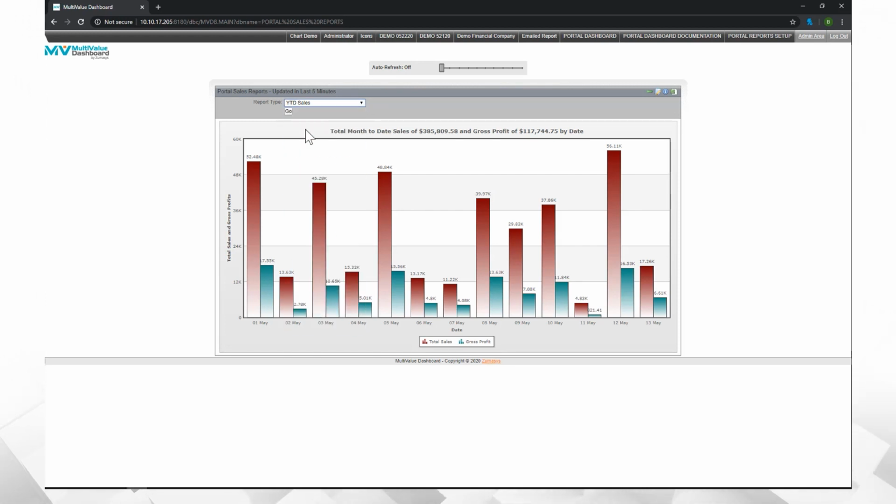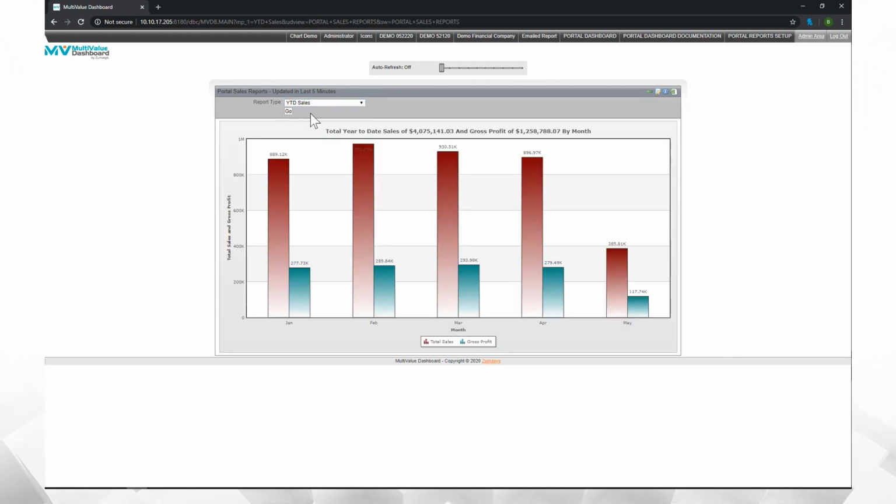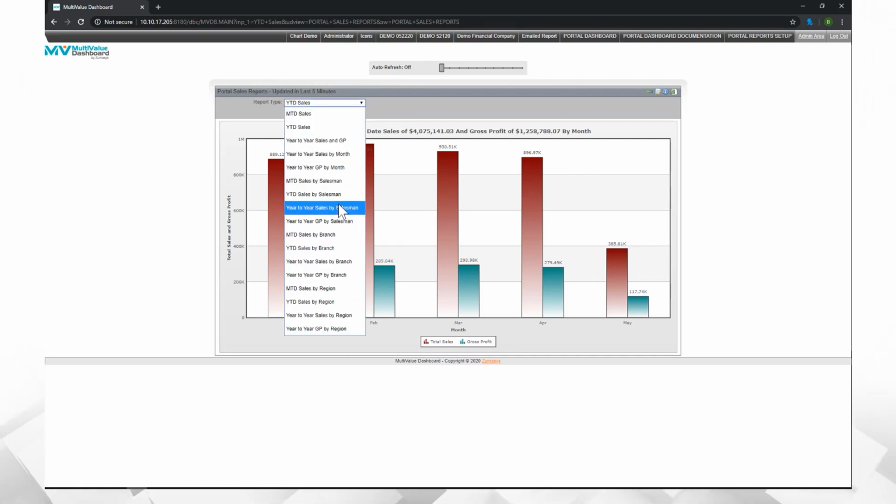So the next one is a year-to-date sales and you have to click on the Go button. Once you do that, it's going to go out and get that for you. So by month, year-to-date sales, it's the same thing. We're going to see sales and gross profit. The chart has the same option here, clicking on or off those things. And then you can start to scroll down into these things and just see